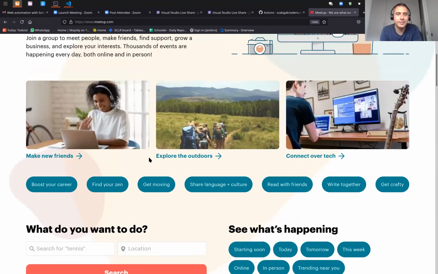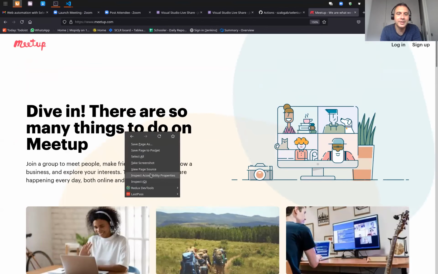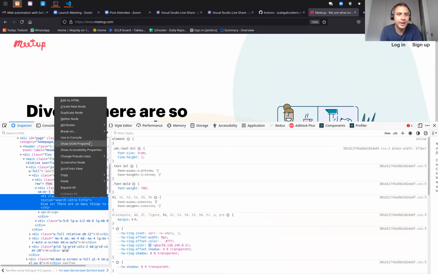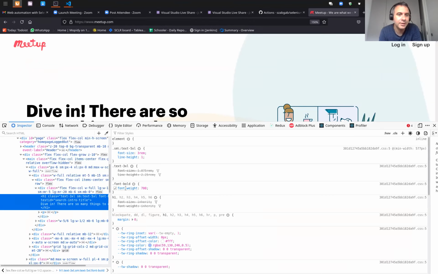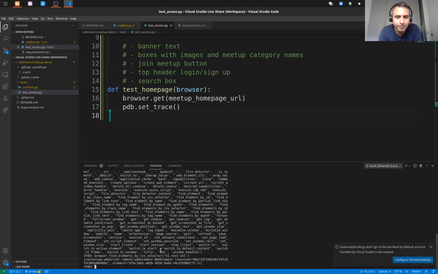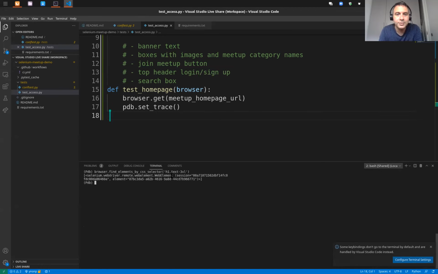Okay, anyway, banner. So look, right click, inspect. Now I have this H1 here, and I can use Copy CSS selector. This is like a magic button. And now we have browser.find_elements_by_css_selector, and I'll just paste. Okay, so that worked. So we have an H1 with a class name text-3xl.